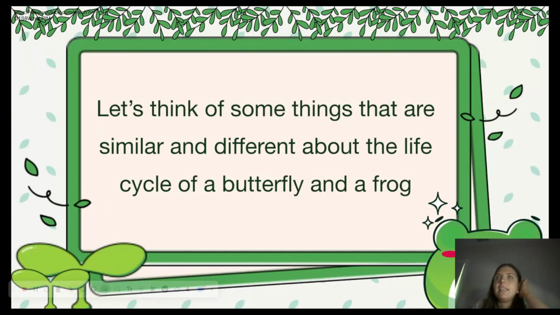Okay, so now let's get back to the Venn diagram. You guys remember when we talked about that earlier? The two circles that overlap and in the middle is things that are similar. Let's think about some things that are similar and different between a butterfly and a frog. Copy them down into your notebook. Right now I'm thinking,